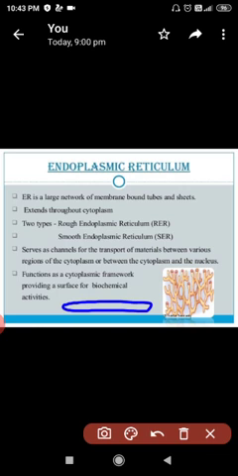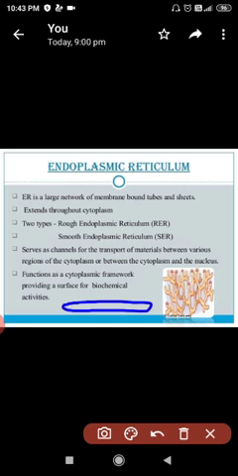The SER helps in the synthesis of fat and lipid molecules. Okay, so this SER is responsible for the fat or lipid molecules. Therefore, it is well developed in the cells that secrete lipids. So all those cells which are responsible for the secretion of lipids have SER. It forms the transport vesicles in which the large molecules of protein and lipids are transported from one cell to another or within the cells. So this is the function of SER.